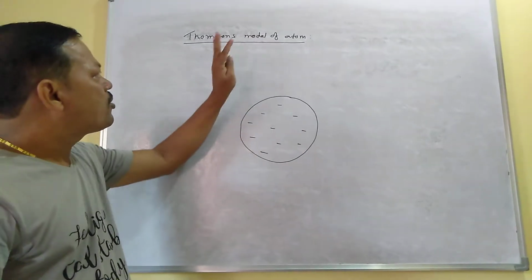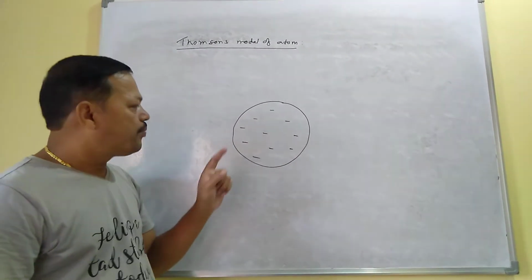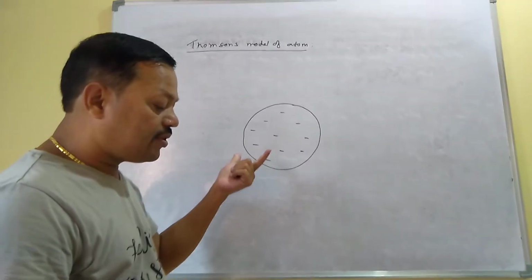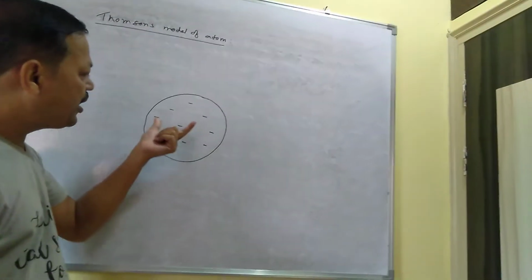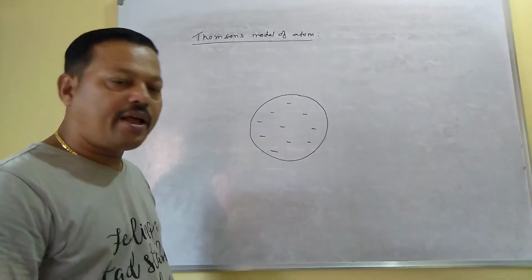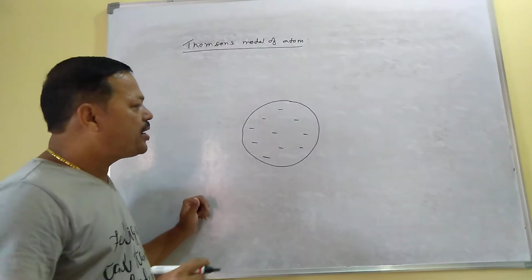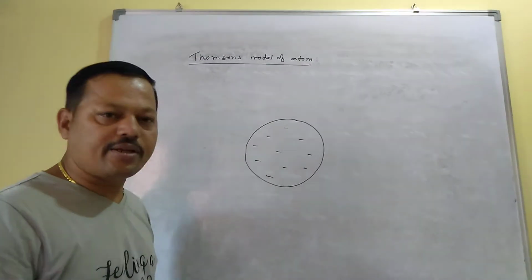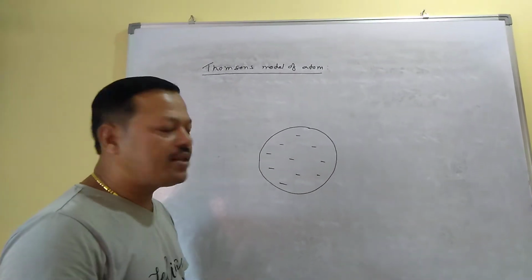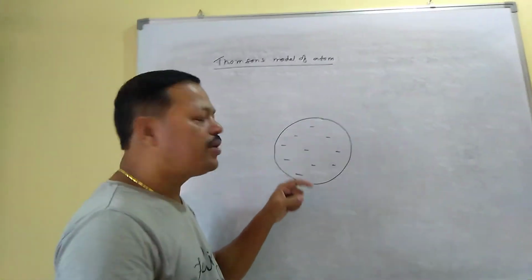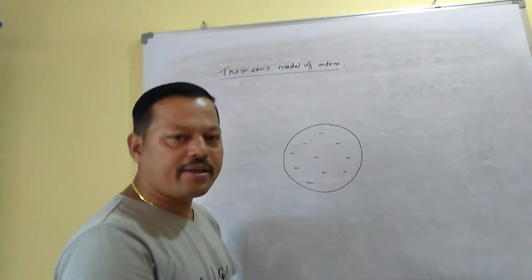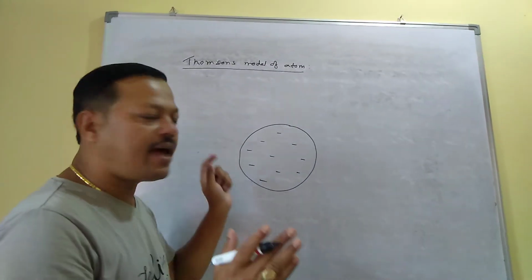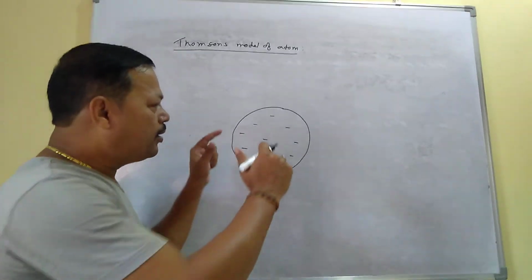Okay, this is about Thomson's model. According to this model, an atom contains a sphere of positive electricity, in which the electrons are embedded, and which are sufficient to neutralize the atom. Which are sufficient to neutralize the atom means the number of negative charges inside the atom is equal to the number of positive charges in the atom, and that's why it becomes neutral. I mean, the number of positive charges and negative charges inside the atom are the same.